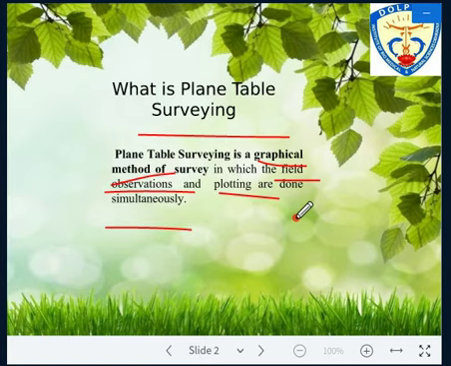Because whatever we have studied, there is no field book where you write any data. You just observe whatever field features are there, whatever feature you are locating in the area that you are surveying, and you are plotting the same thing on the sheet or the plain paper, right? Simultaneously at the same time, right? You are not supposed to plot the things later on. You are just looking at the feature and plotting the things simultaneously, right? You should understand it like that.